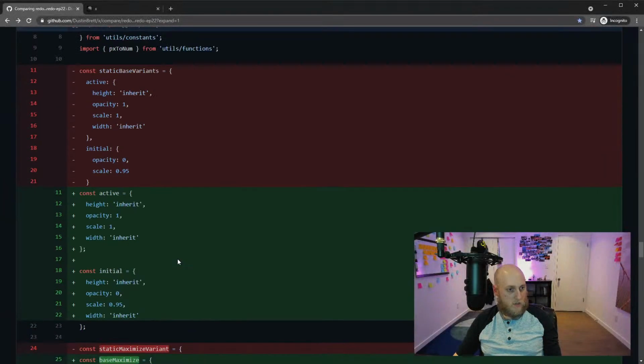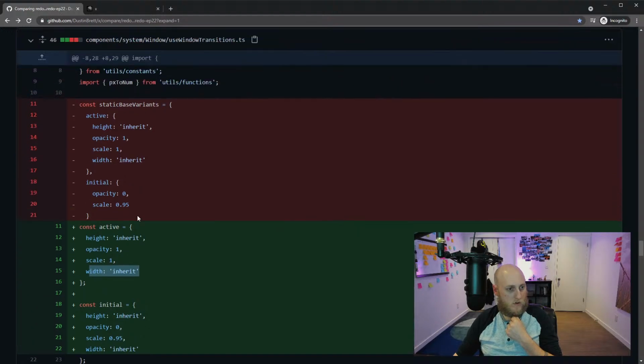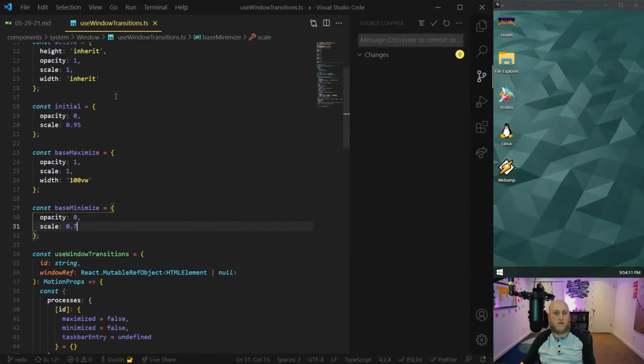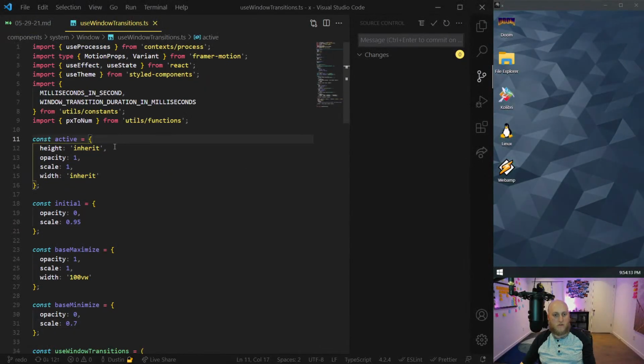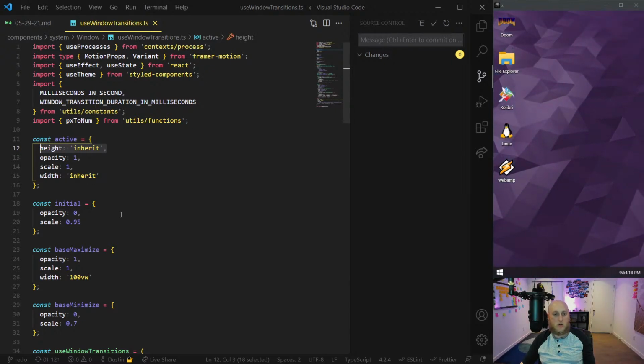What's next? So I think that covers us for this entire page. Did I actually change any of these values? Oh, I did. This was something, an oversight here. Wait, why did I do this? This seems unnecessary. I've got it height inherit in both. Maybe that is better, but I don't know why I did it. Maybe I could just have it in initial anyways instead of active. Yeah, under active, I have the height as inherit. Maybe the height should always be inherit.